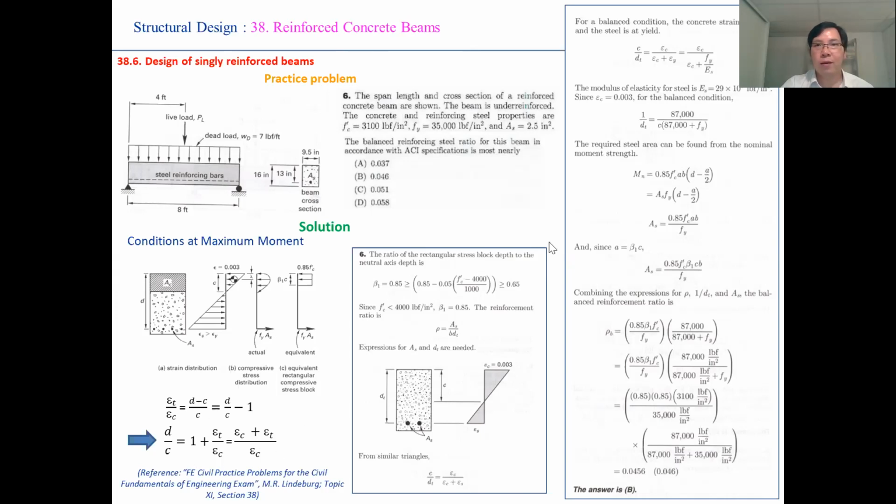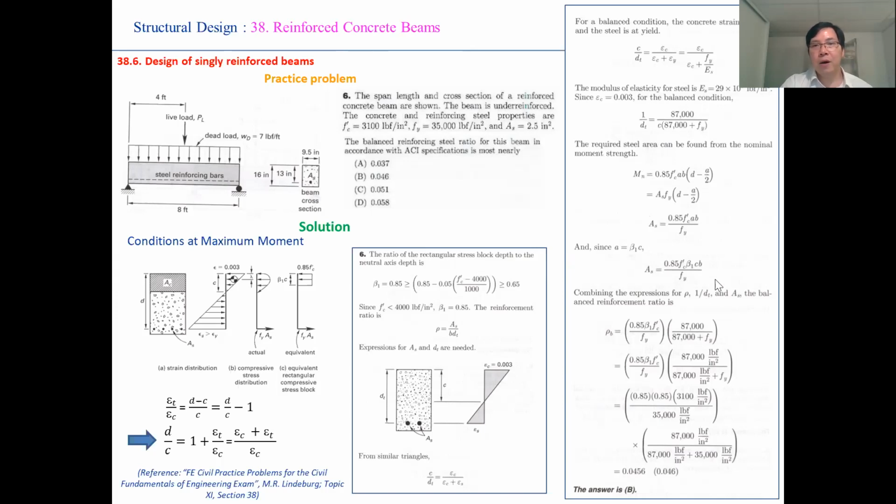And from this equation, you can calculate the ratio c per dt in function of different values: fc, epsilon c, fy, and E. And finally, you can find the ratio between c and dt as a function of c and Fy, and after you can calculate the nominal moment strength by this equation, and from the equation you can calculate As, the area of steel bar,